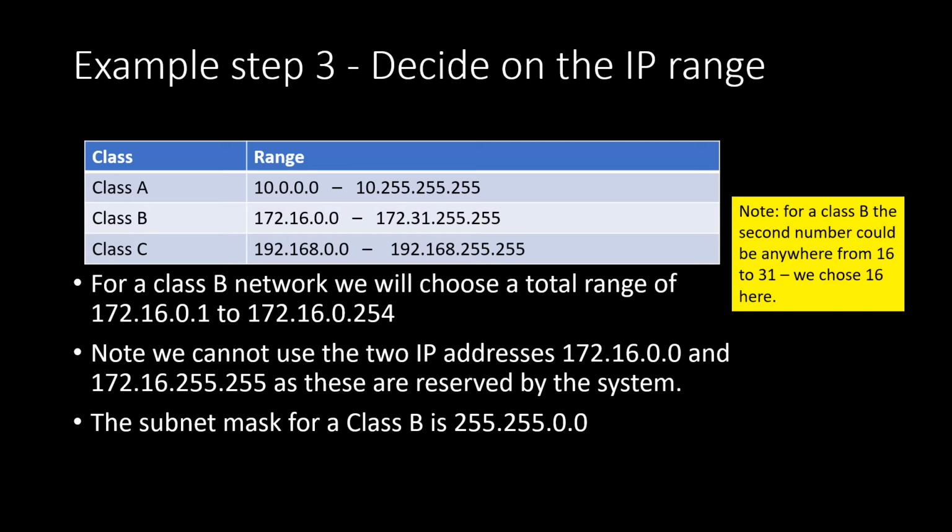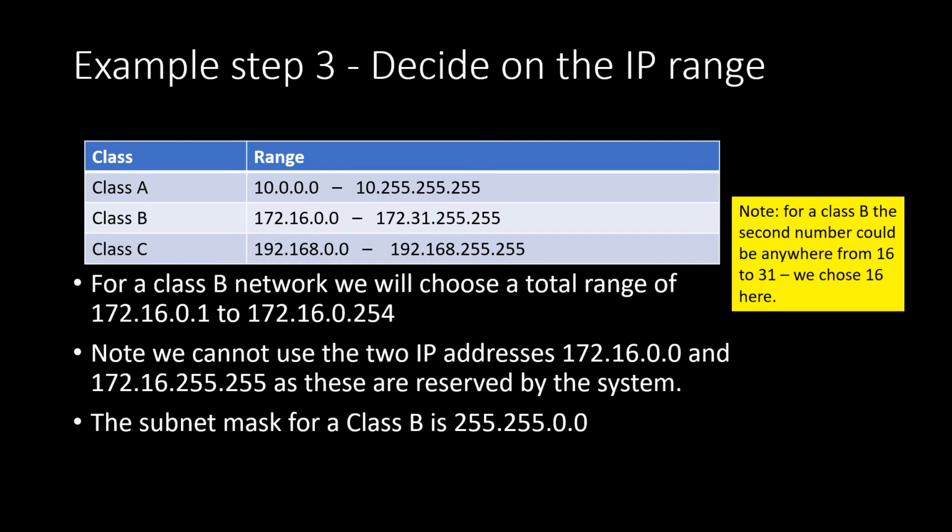Step 3, decide on the IP range. So we've got a class B network, so we'll use the standard private range of 172.16.0.0 to 172.31.255.255. So it could be anywhere within there. We'll just pick a range near the bottom of that, so we'll pick 172.16.0.1 to